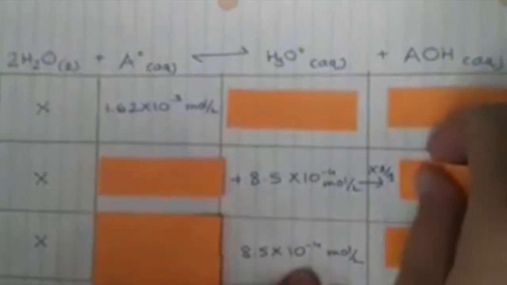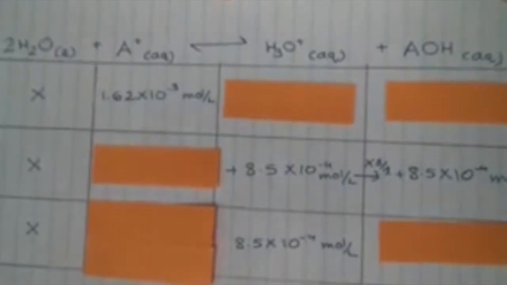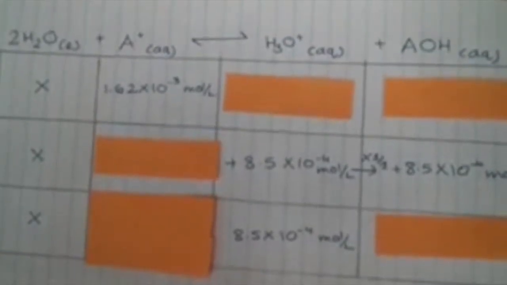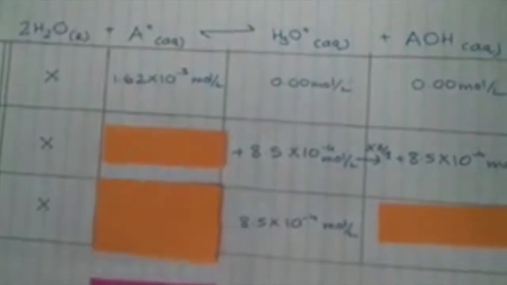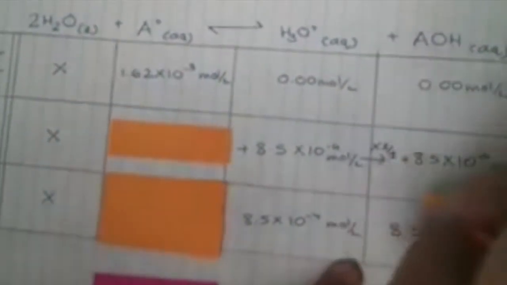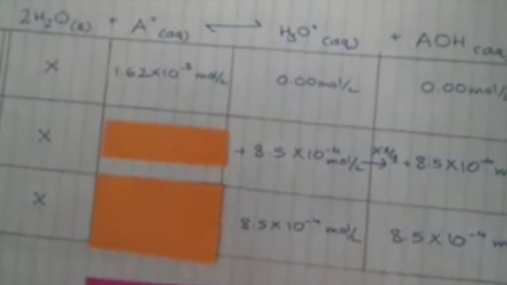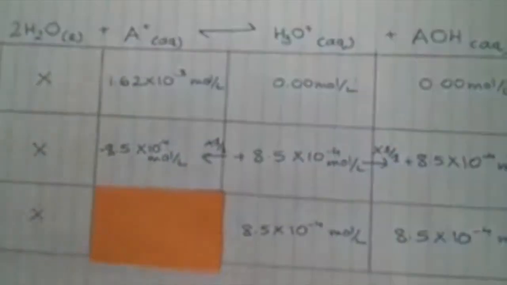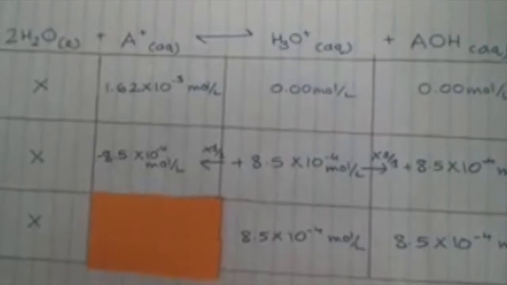And when you find the molar ratio, you get that the concentration of AOH is also positive 8.5 times 10 to the negative 4. Since the initial concentration of both the products, that is the hydronium ion and AOH, was 0 initially, the concentrations at equilibrium for both of them is 0 plus 8.5 times 10 to the negative 4, which is 8.5 times 10 to the negative 4. Also, we see that through molar ratio, the concentration of anthocyanins is negative 8.5 times 10 to the negative 4,